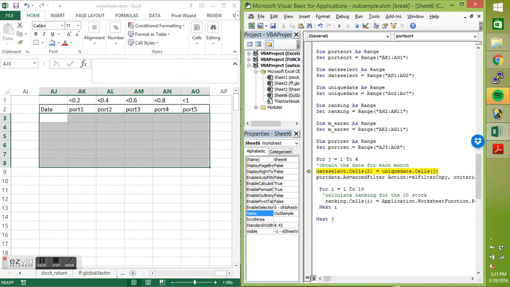Right, after that, I will need to calculate portfolio returns based on the ranking. So I will calculate the actual returns based on the expected ranking. Okay, so my port return column 1, this will be the cells J because it's according to the month, right? Cell J